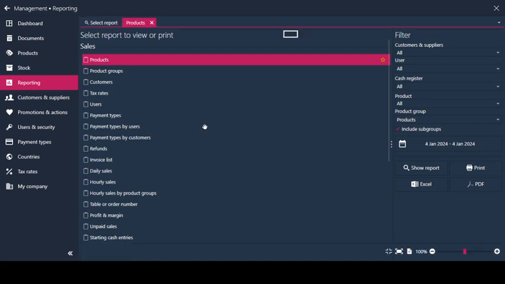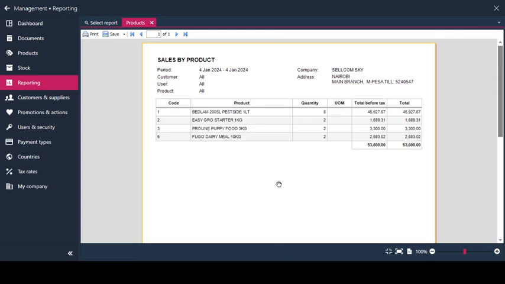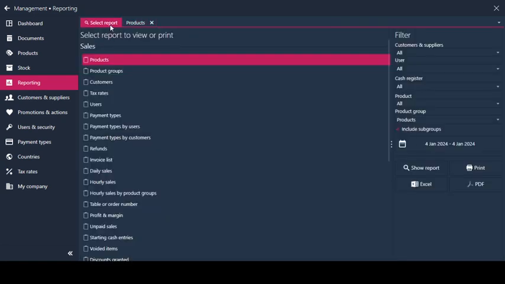And remember, before you open this, you select dates first, right? So now today it shows us we have sold this Bedroom, 8 of them, Easy Grow Starter, 2 of them. You see, all of what we have done, it gives a summary from here. So our total daily sales are this. Maybe you can try to check something else like